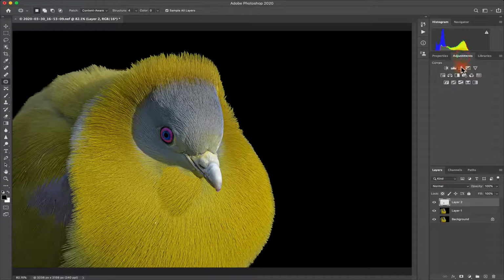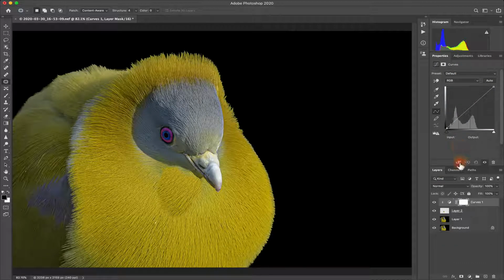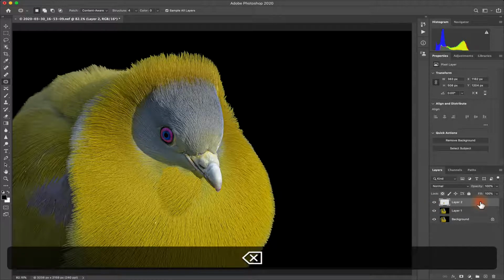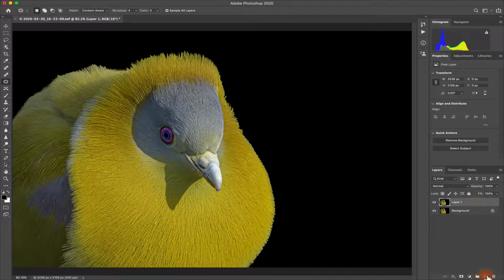If needed, we can add a curves adjustment, clip it to just this layer, and maybe just play around and brighten it up a bit to merge it better. The good thing about using a new layer is that you can change, delete to whatever.